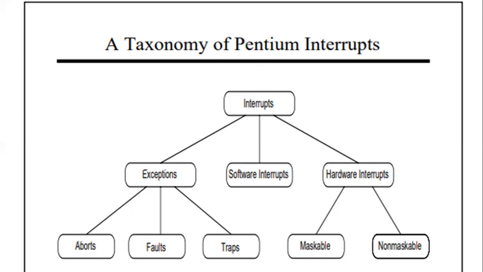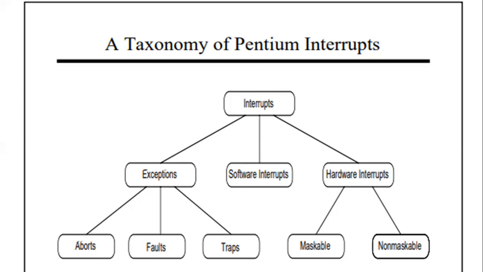As well as software interrupts, which we have already discussed, there are different software interrupts. Thereafter, there are hardware interrupts, which can be maskable and non-maskable. The interrupts which can be ignored are called maskable interrupts. The interrupts which can't be ignored are called non-maskable interrupts. For example, you are working on your laptop and someone switches off your system from the main supply; that is called a non-maskable or hardware interrupt.